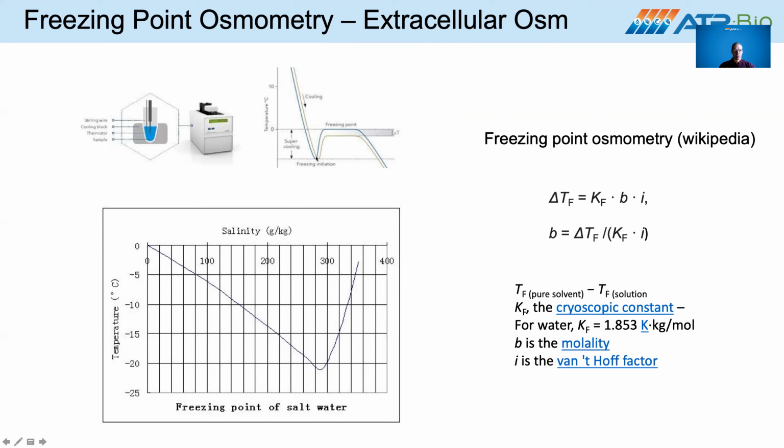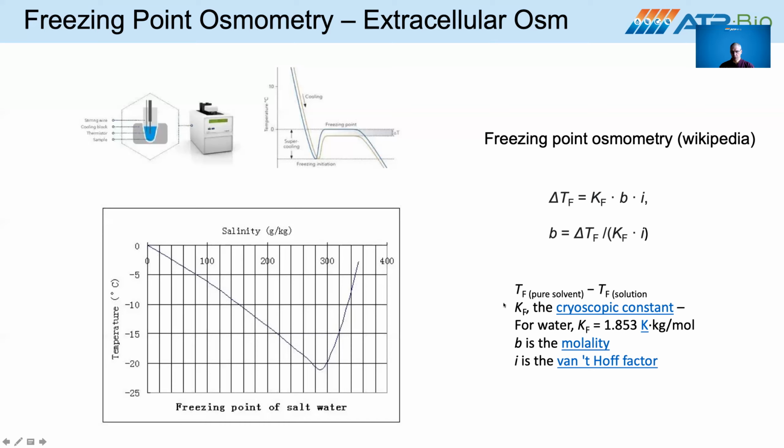The temperature will basically rise to the phase change temperature of the solution, and then it'll drop back down. So for water, that's 0 degrees, but if you put saline in there and you trigger freeze initiation, it'll never make it back to 0 degrees. It'll be at some temperature that's related to the concentration. And so you can see this basic temperature versus concentration plot here for salinity. And this is the basic concept of